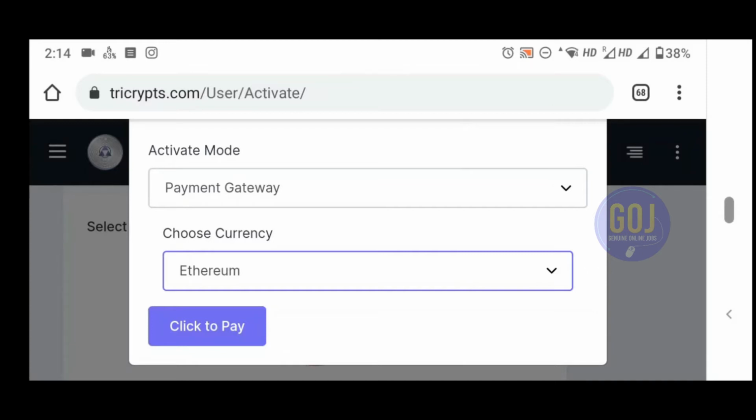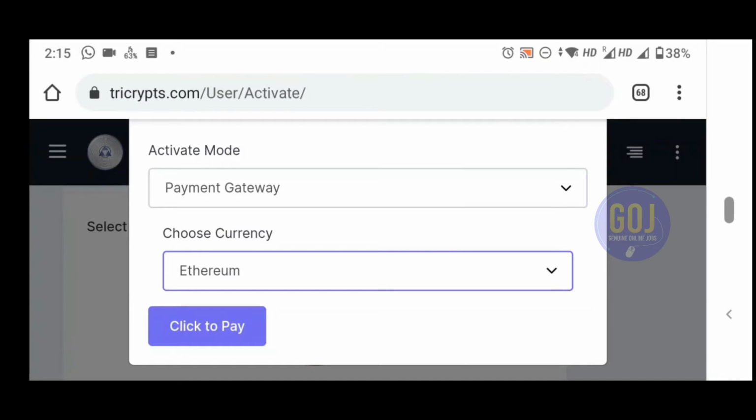Another important thing is you should never click the click to pay button twice or thrice. You should click only once. Once you sit for activation, you must finish it at one time. You should not leave it for a long time, and you should not skip, because that transaction will go through 2-3 times and it will be in pending status, and it will take 24 hours to time out and cancel the transaction. That's why I'm telling you should never click this click to pay more than once.